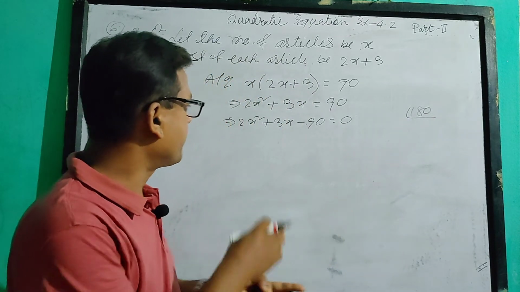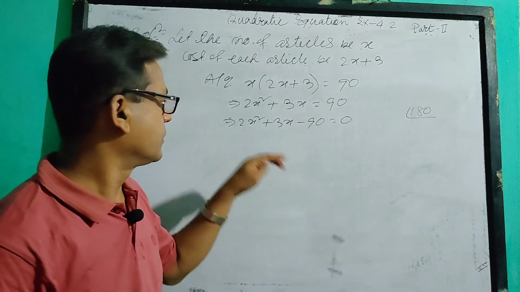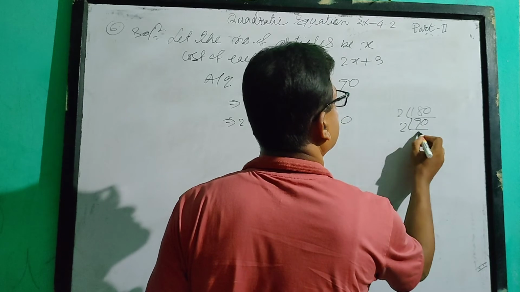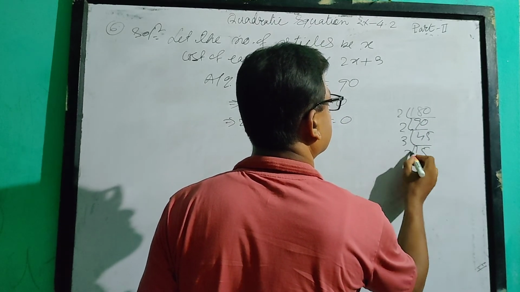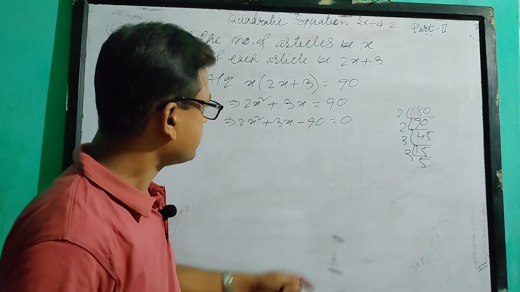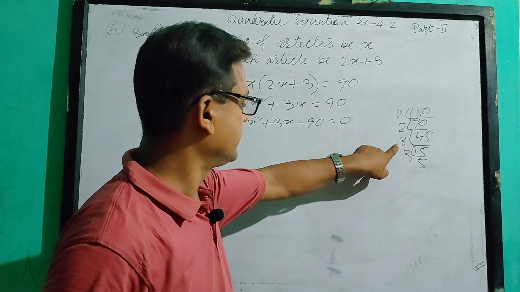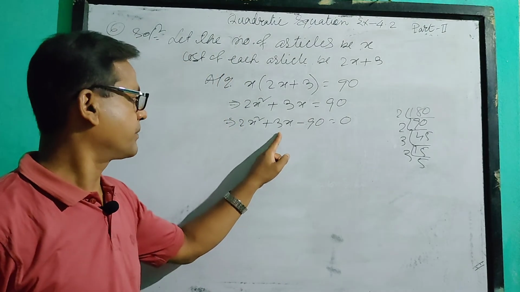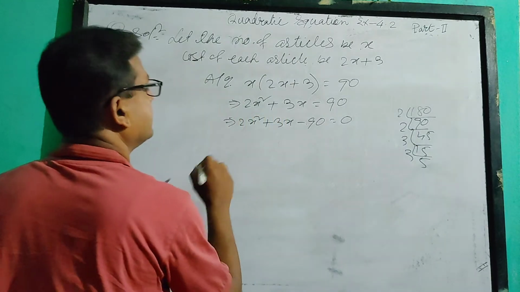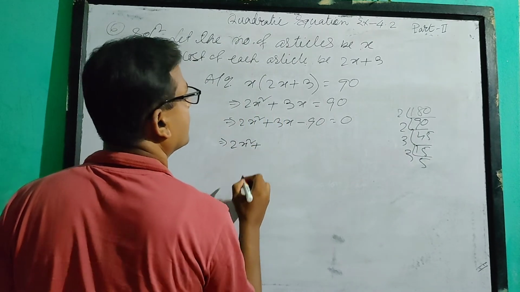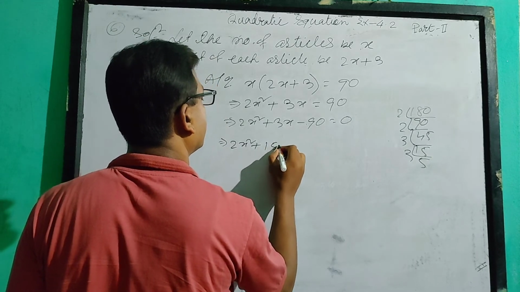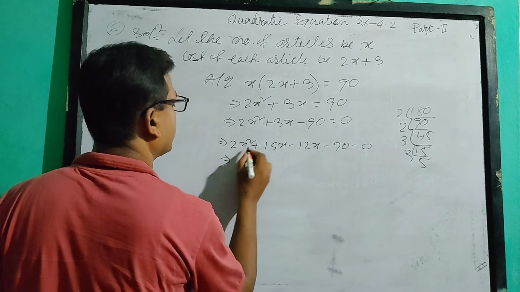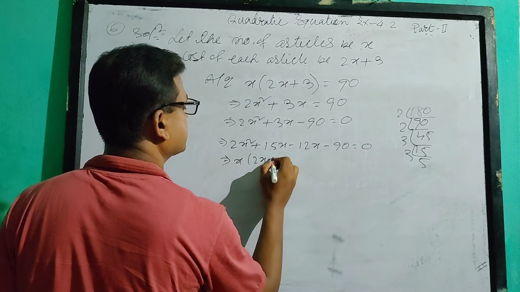180 मिलेगा, और वो प्लस या माइनस करो, या दोनों को प्लस दोनों को माइनस, तो क्या हो जाएगा, आपका थ्राइस x होना पड़ेगा। तो मान ले ये 2 से डिवाइड कर तो 90 आएगा, 2 से तो 45, 3 से क्या आएगा 15, 3 से आएगा 5। तो 2 2 जा 4, 4 3 जा 12, अनदर 3 5 जा 15। तो 15 से 3 12 कटेगा तो क्या आएगा, आपका 3 आ जाएगा। तो ये रहेगा आपका 0। तो ये ट्वाइस x स्क्वायर प्लस 15x माइनस 12x माइनस 90 इज इक्वल टू 0।